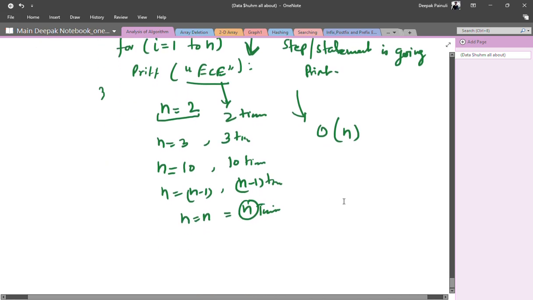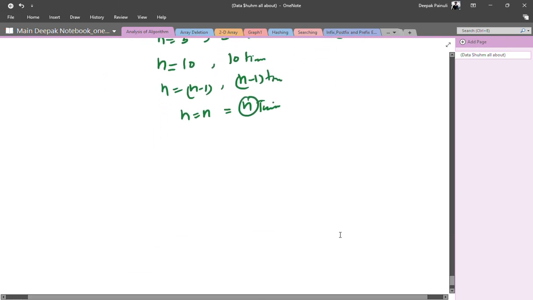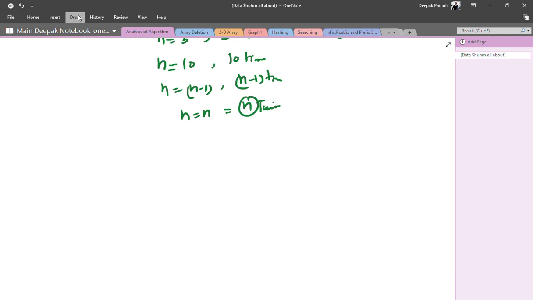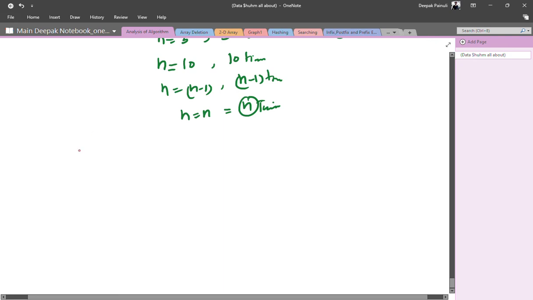Now come to some other function. Let's say in this second example we have another function, algo B, where you have defined int i, j, and you have one for loop for i to n.